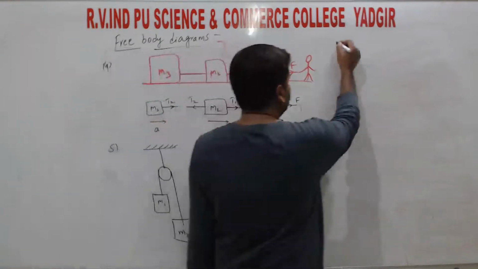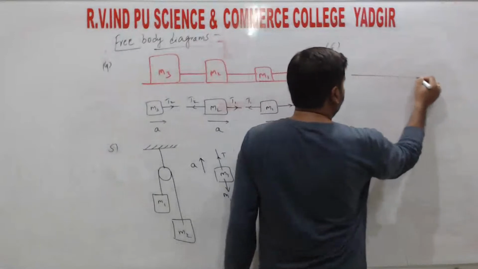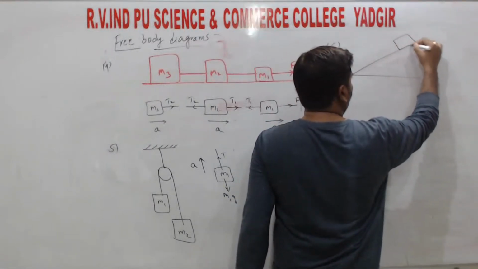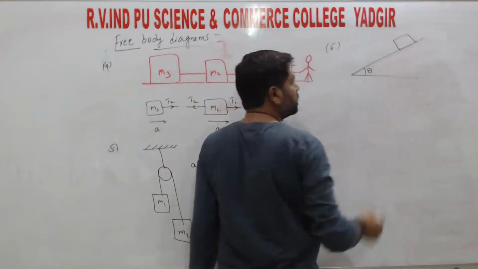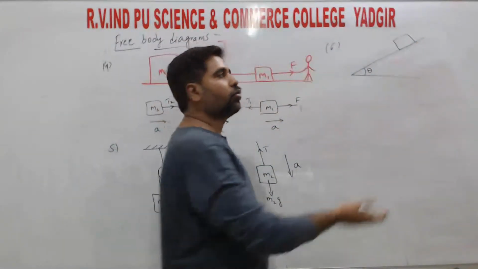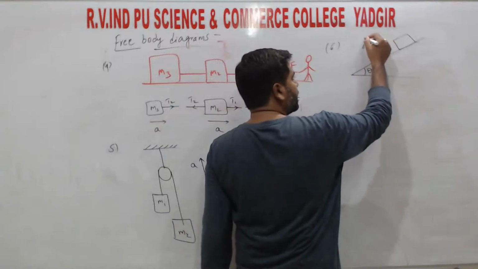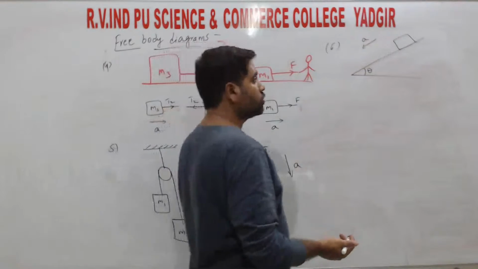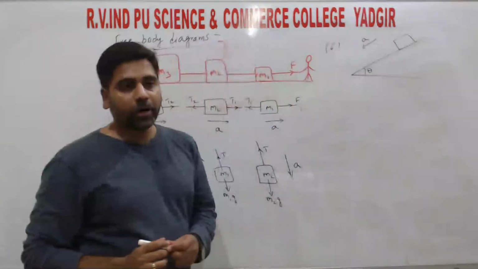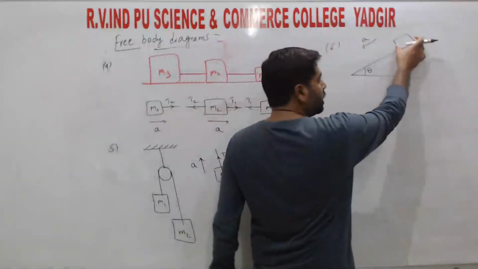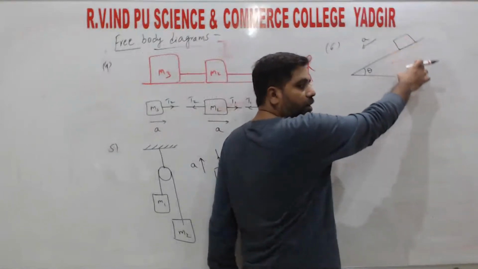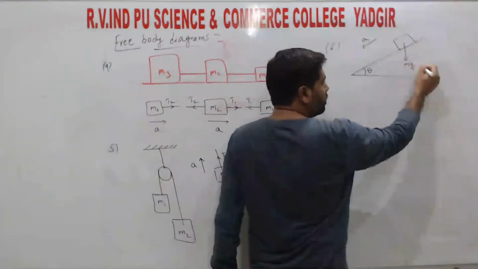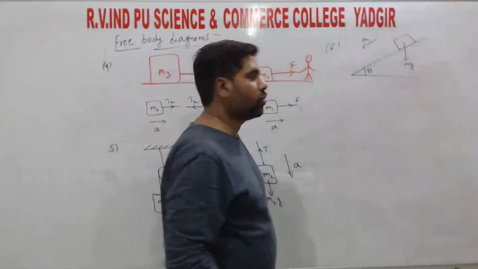So next, in an inclined plane, any object which is moving on an inclined plane with an angle theta, right? On the incline it moves with an acceleration in this direction, so it is sliding. Here also we need to represent it in a free body diagram, again taking the object in the same direction. The forces acting are, one is mg, right? And the other one is